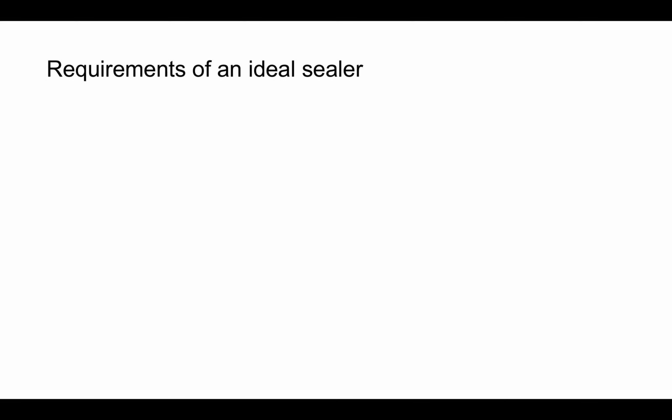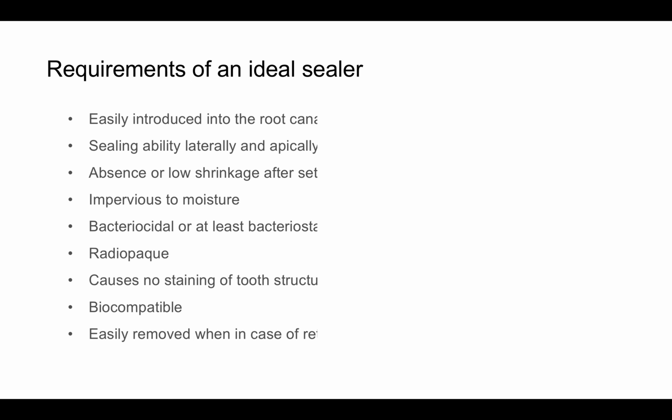So these are the requirements of an ideal sealer. So far, there isn't a sealer that can tick all these conditions, but some of them do better than others. It should be easily introduced in the root canal system. The second is sealing ability laterally and apically. The absence or even low shrinkage of the sealer after setting. It should be impervious to moisture, so moisture cannot